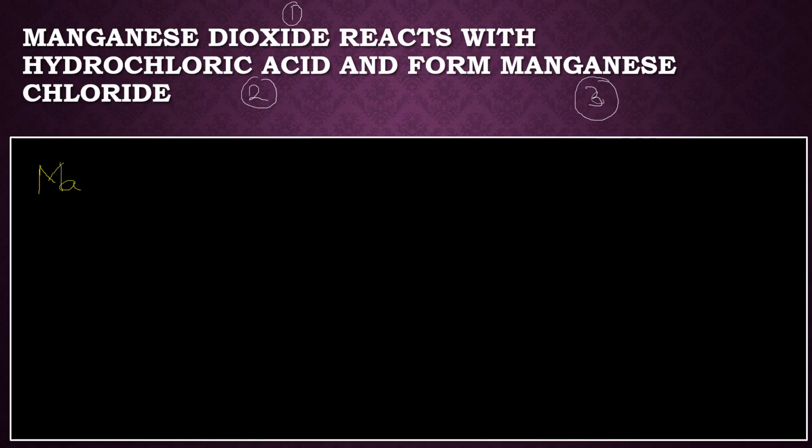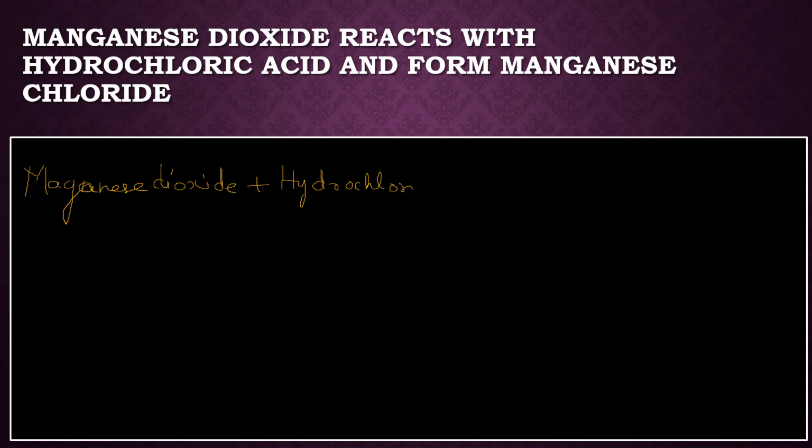So as I already told you, the reactant should always be written on the left side of the chemical equation. So manganese dioxide. Let me write again. So if this manganese dioxide reacts with hydrochloric acid, it forms